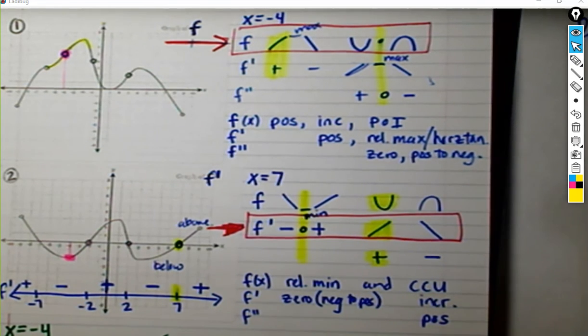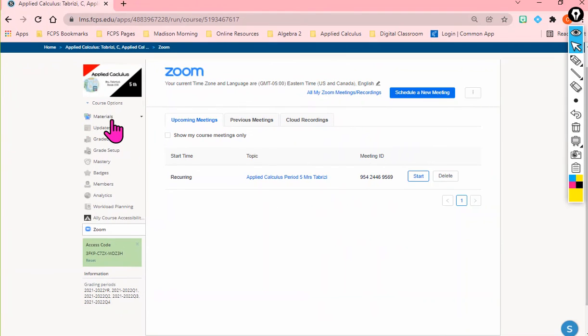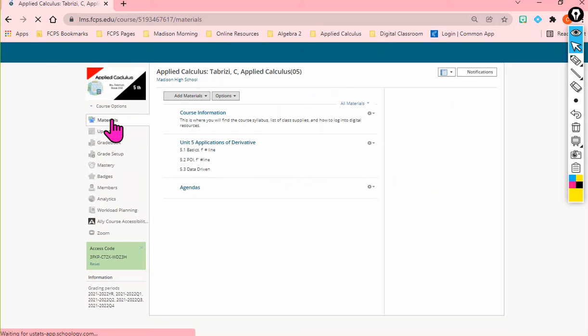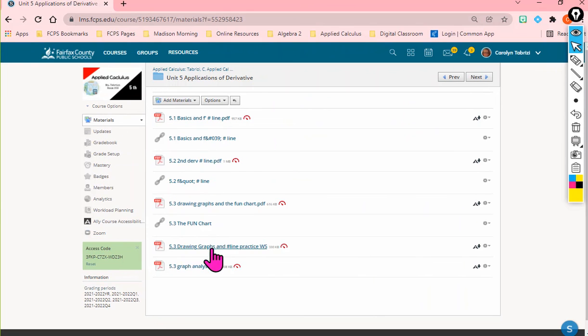Okay. Kara, the worksheet is actually on Schoology. So let me see if I can't show you. If you go to materials, it should be this one right here. Okay. I will come around and answer